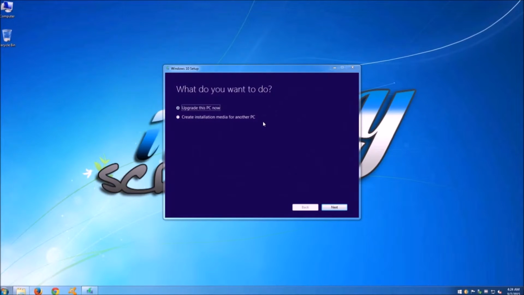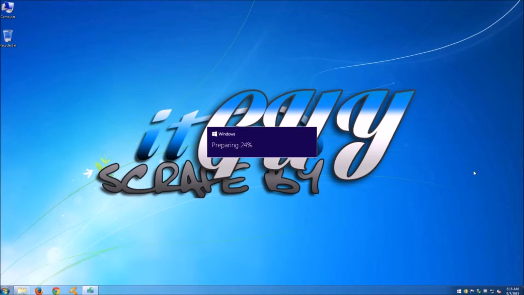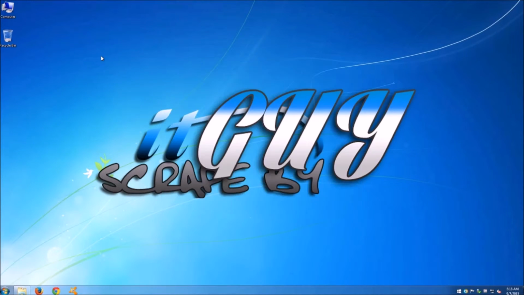screen. We'll notice we have two options: either update the computer, which is what we'll be doing, or create a custom installation media for another PC, which is the equivalent of making an install DVD that we can use on any computer. Once we click next, we will automatically start downloading all the installation files. Have in mind, this video has been altered for speed for tutorial purposes, but the actual whole installation can take anything up to 5 hours depending on your PC and your connection speed,